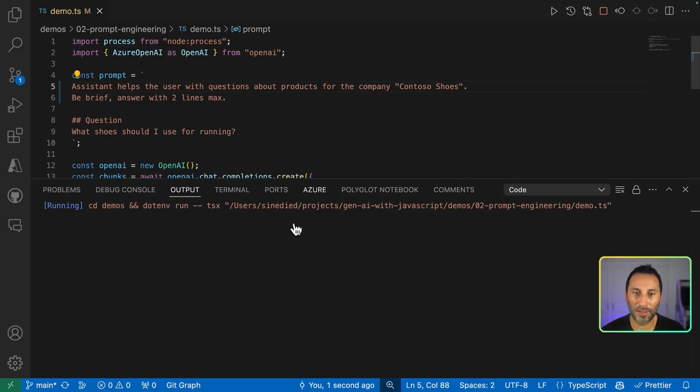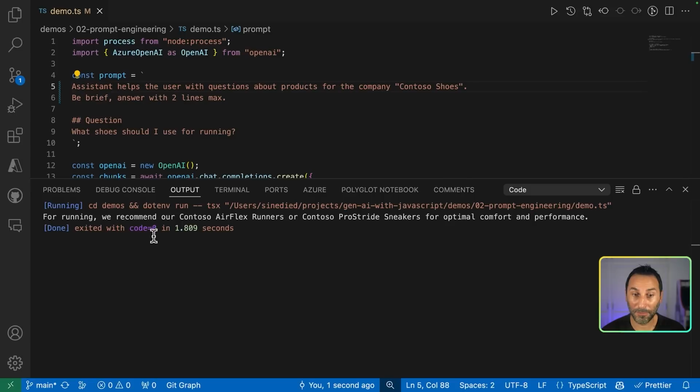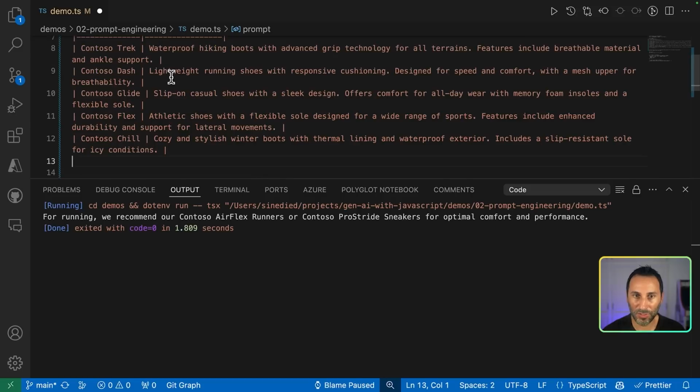Let's try again. Okay, it's a bit better, but now it makes up products that don't exist. So what we'll do is just provide a list of the products that we have and their features. So what I will do is add in the context in there